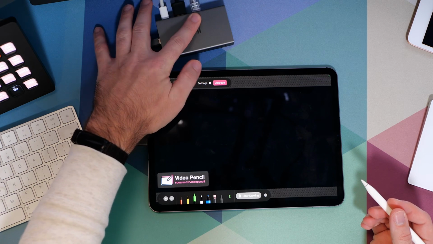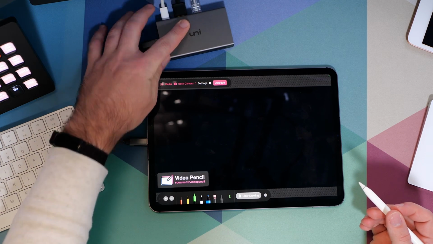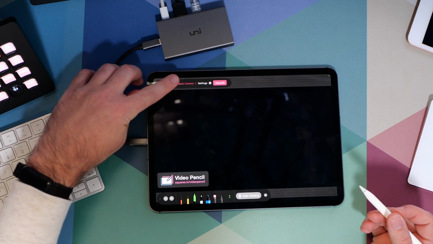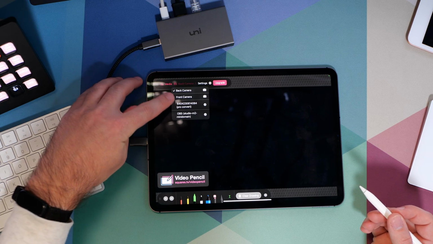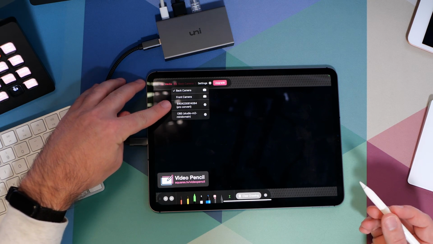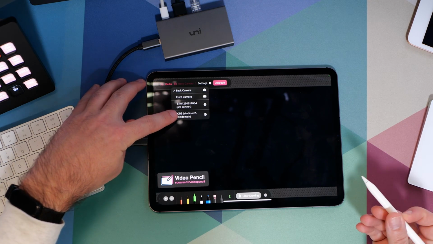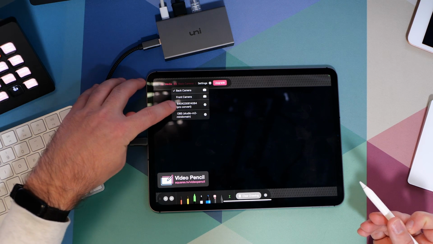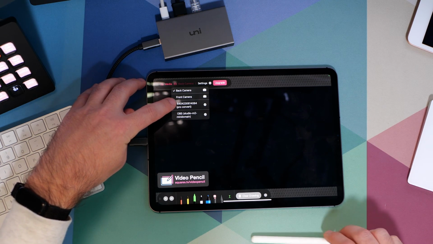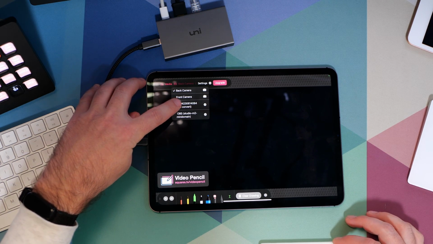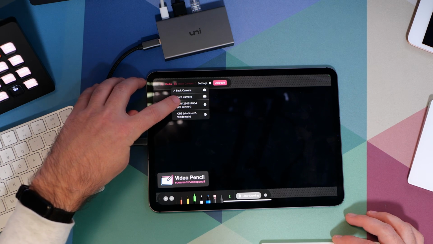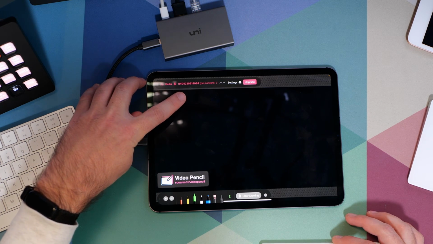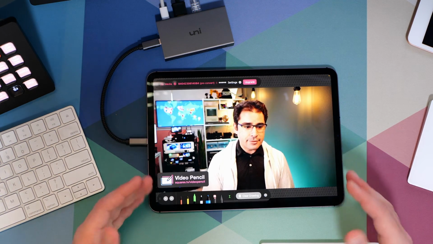As soon as this is plugged into your network, and if you have an NDI source on your network, when you tap this option that says back camera, this will actually discover any NDI sources on your network. I have OBS, which is broadcasting an NDI feed, and I also have the ProConvert, which I set up. The ProConvert is just encoding the SDI video feed from my ATEM and making it available on the network. So as soon as I tap this, it's going to bring in that NDI feed, and that's what I see